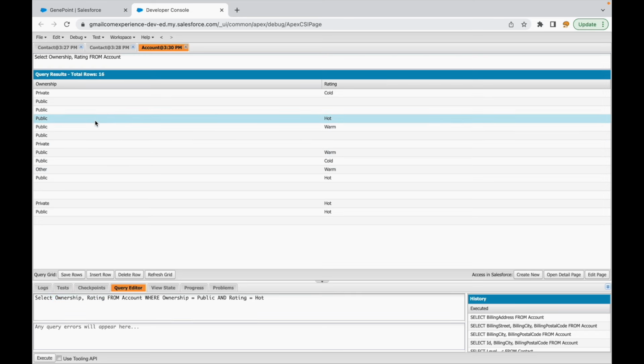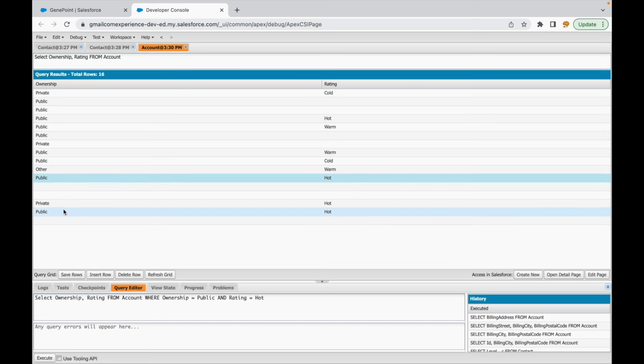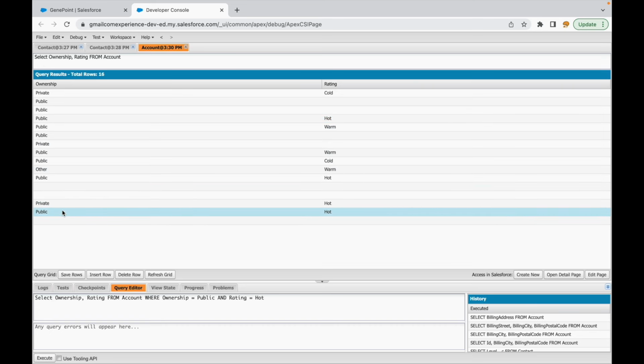This one would be the one, this one would be the other one, this one would be the third one. So ideally we should be receiving 3 records, right? Let's click on execute. So you see it says unknown error parsing query. This is very close to English, but when you are using any field and you're trying to compare values, you